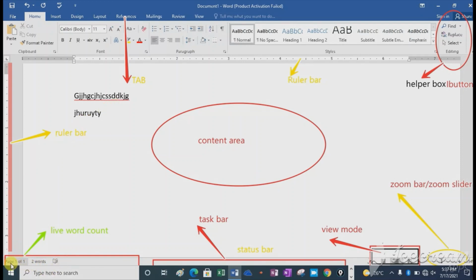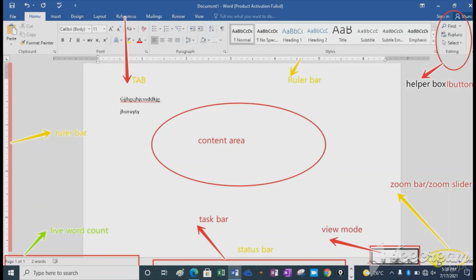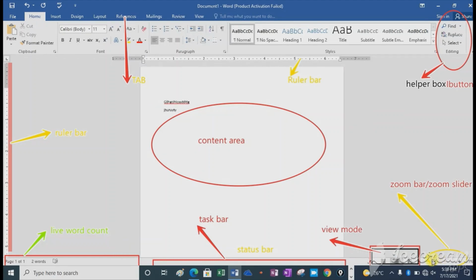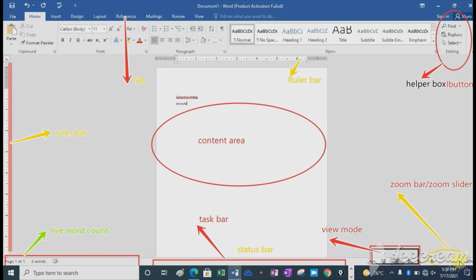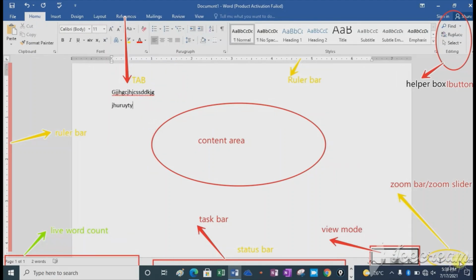So this is known as the live word count. This box is known as the helper box or helper buttons. This is known as the zoom bar or zoom slider. You can zoom out or zoom in.